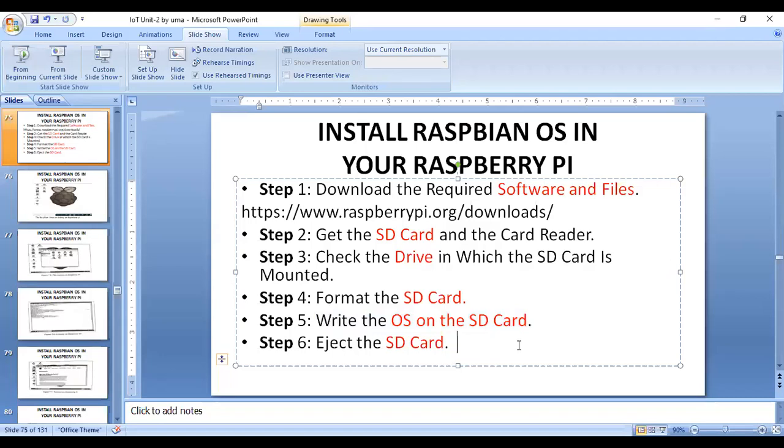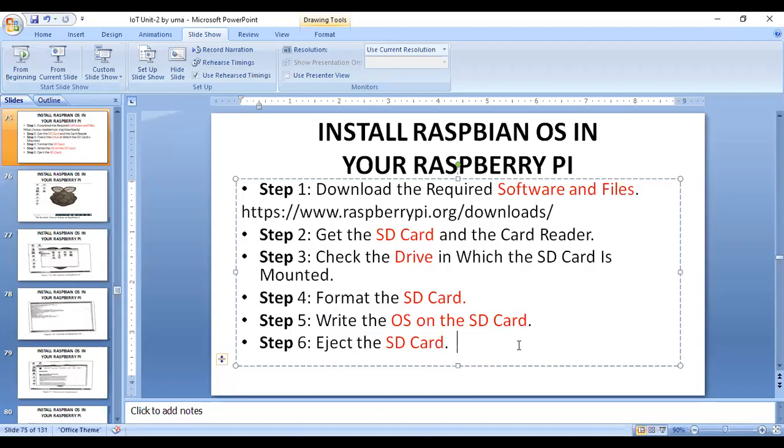There is a slot available on a Raspberry Pi. Below the Raspberry Pi, you have a slot for the SD card. It is better to purchase an SD card of 8 GB or more. Why? Because the operating system is a 2 GB zip file. If you extract that file, the size may be more than 4 GB.